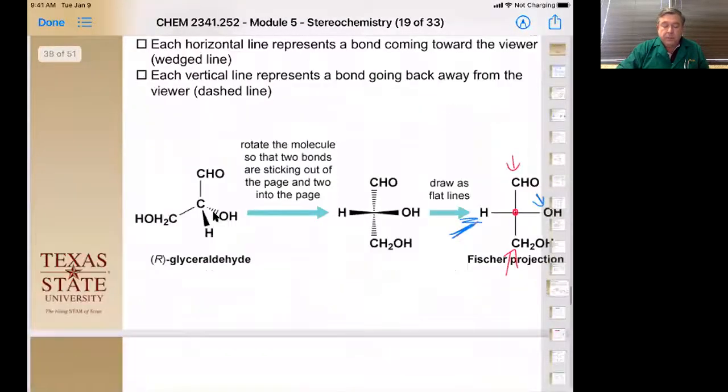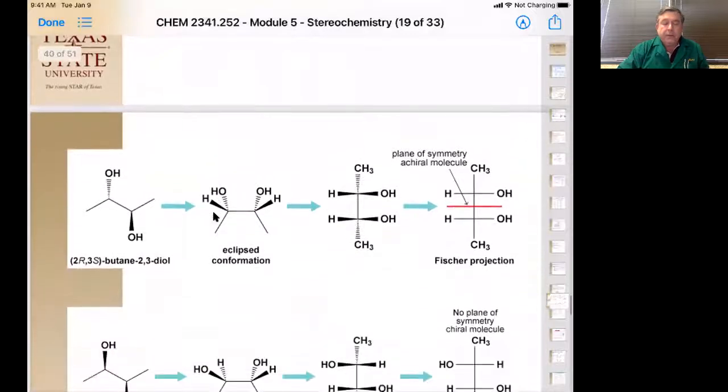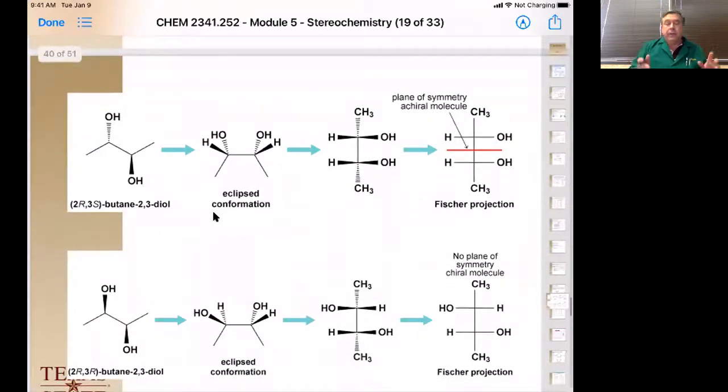Okay, so let's show you that. The way we do that is, let's go ahead and convert this 2R,3S butane-2,3-diol to our Fischer projection. Now this also helps us because, number 1, they're always in the same configuration. Our chiral carbons are always on that vertical axis, and we now have a way to look for mirror planes to see if we lose stereochemistry or not,